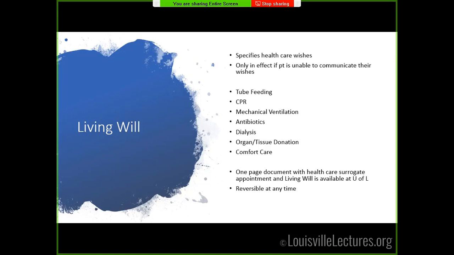So living will. It specifies your healthcare wishes. That's the idea behind this document. And I'm going to pass some things around. This is a one-page example of what we have available here at U of L. So at the top we can appoint a healthcare surrogate, and then here we just have 3 simple questions that ask the patients about planning for end of life care. What are their wishes? What scope of treatment are they interested in having? So that's always available here at the institution. It does have to be notarized, but it's nice. One page represents everything that a patient may need to clarify.